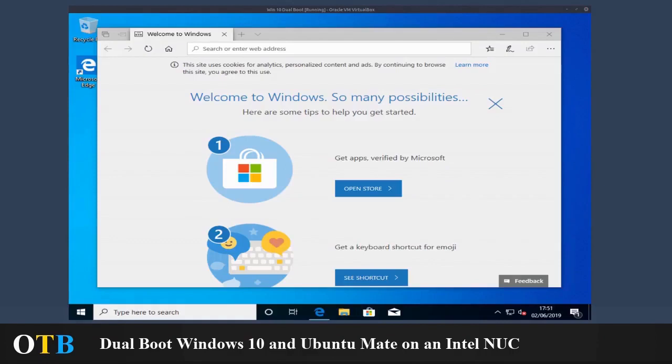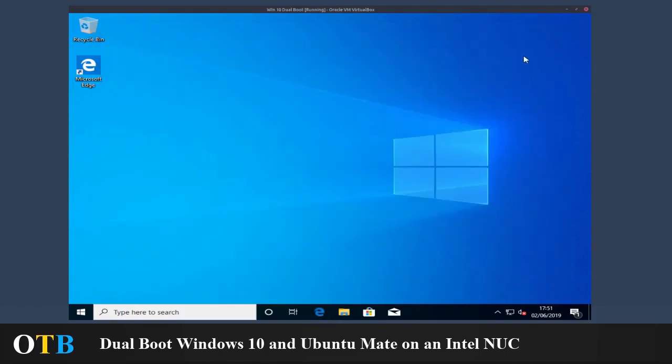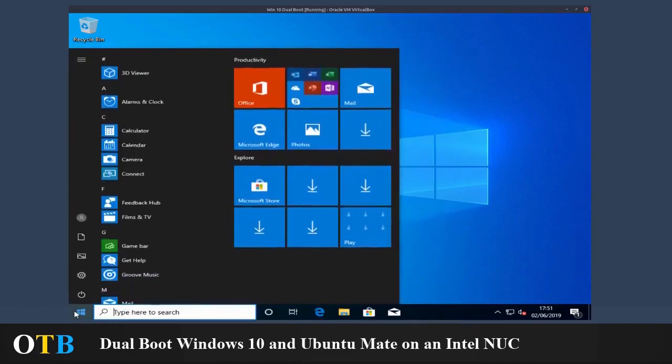Windows opens up with its default configuration, with its web browser Edge open to give you some ideas of what you can explore. So let me just shut that down, and you'll see Windows 10 has installed in its basic configuration. Because I'm using VirtualBox, there are no graphics drivers installed at the moment. However, I can install them later, but for now, just to show you what we have, if I click the Start menu,